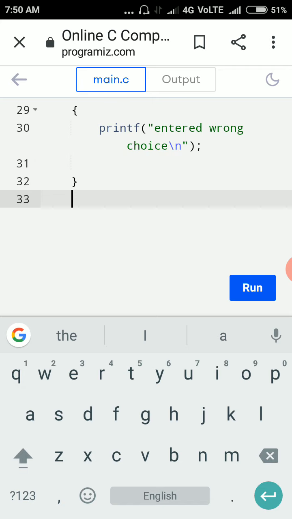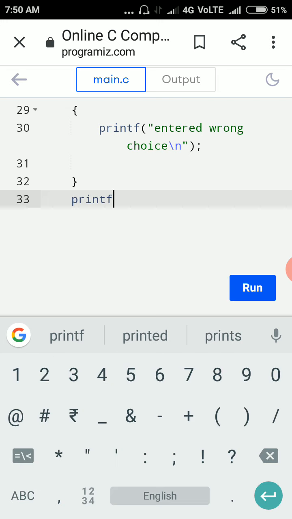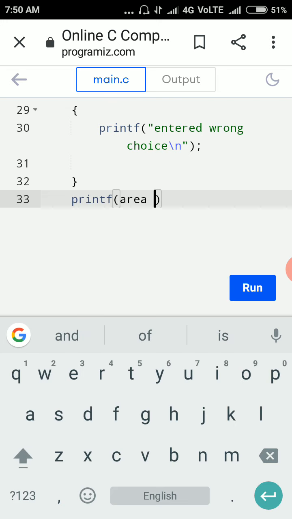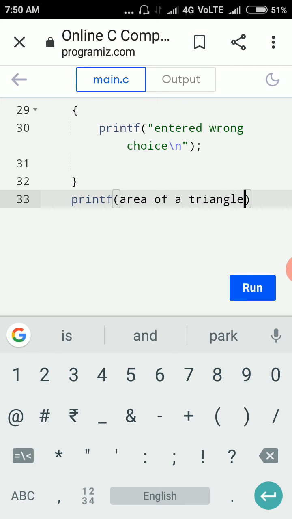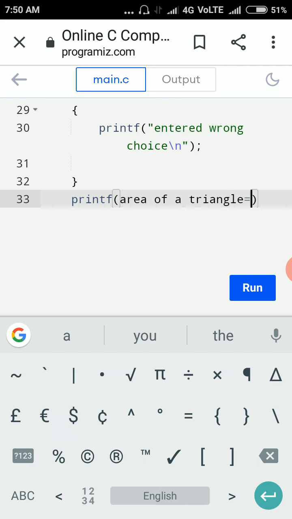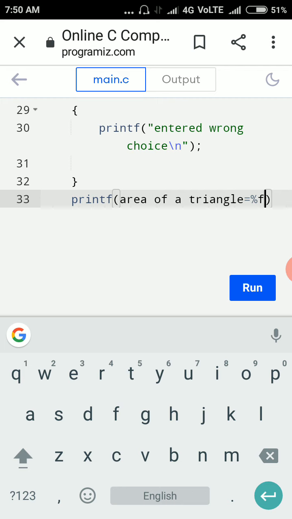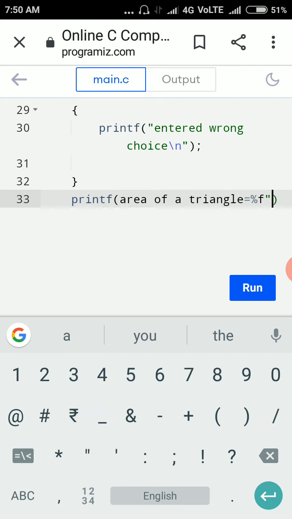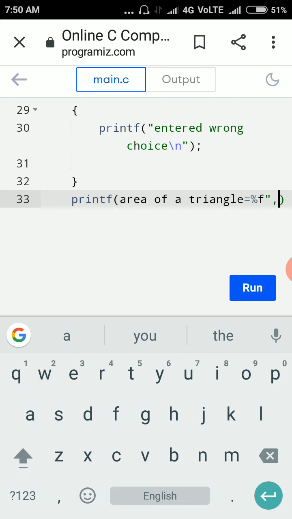Next, at the end we are printing the area. printf, area of a triangle equal to percentage f, double quotes close, comma area.